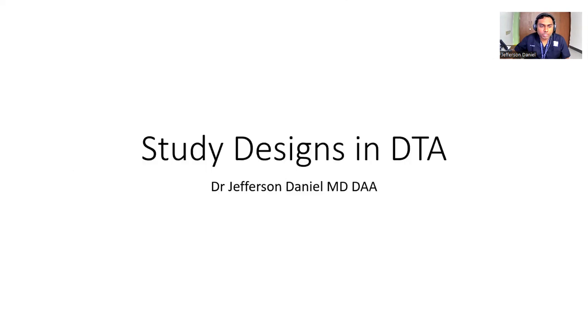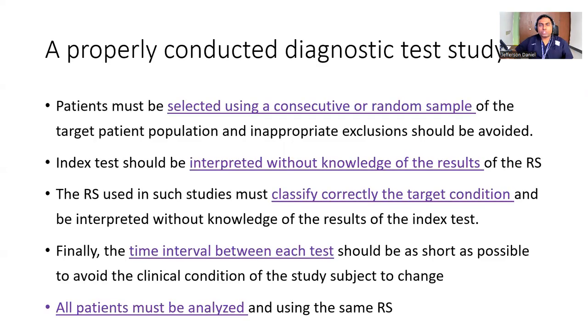Now, once this is clear, in the next half of the class, I will be talking about a few study designs in diagnostic test accuracy. I already spoke to you about the single gate and the double gate, and how there are target conditions, index tests, reference standards, and cross-tabulating your results based on the diagnostic test. Okay, a good diagnostic test: